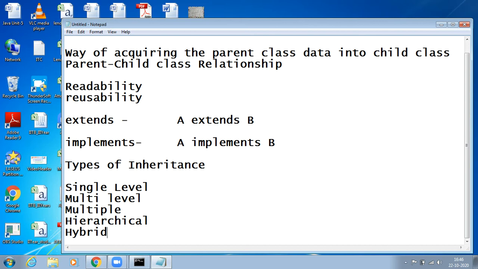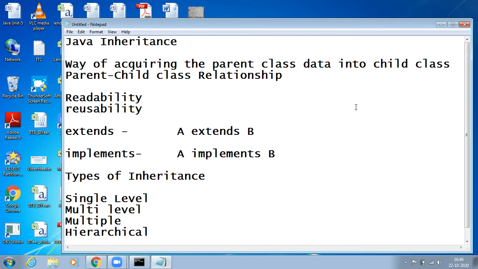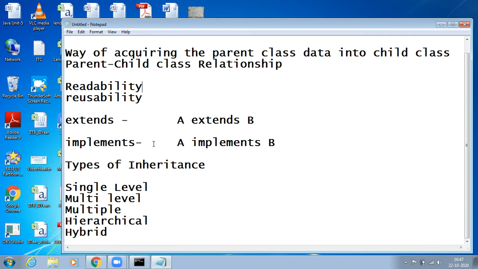In that video, the last second was suddenly interrupted, but it is a complete video of 10 to 15 minutes. You can watch it to understand the basics of inheritance more deeply, with examples. In this video I mainly focus on how to write simple programs on inheritance.